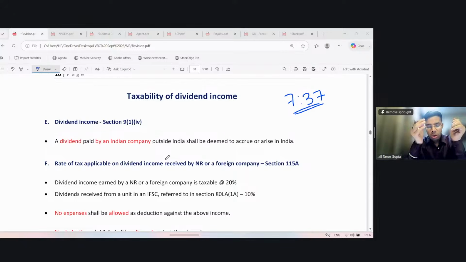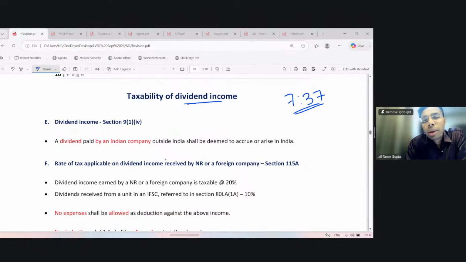Okay. So now we will discuss some of the income which is taxable on a gross basis, on a source-based basis. By source-based, I mean that they are taxable even if the non-resident does not have a PE in India. Okay. So the first such income is dividend income. If the non-resident is deriving dividend income from India, then